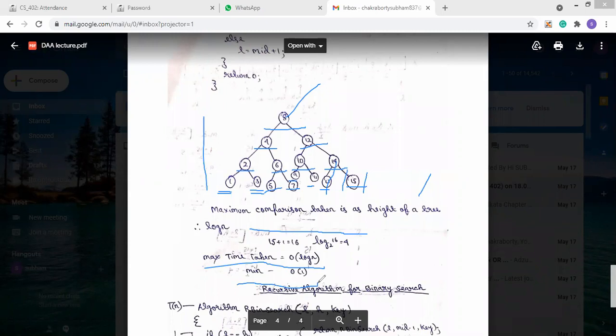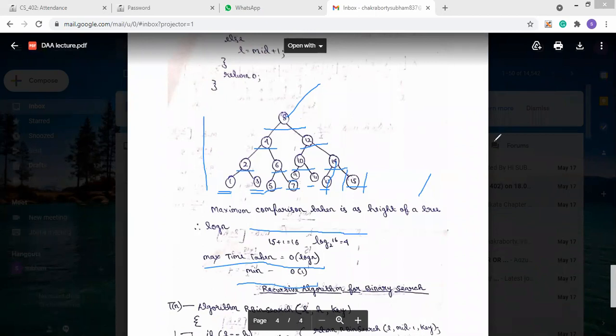So the maximum time will be in the order of log n, and the minimum time will be in the order of 1, because if the value is already present in the mid position of the given list, at the first comparison we will be able to find it. The maximum time will be in the order of log n, the height of the tree.